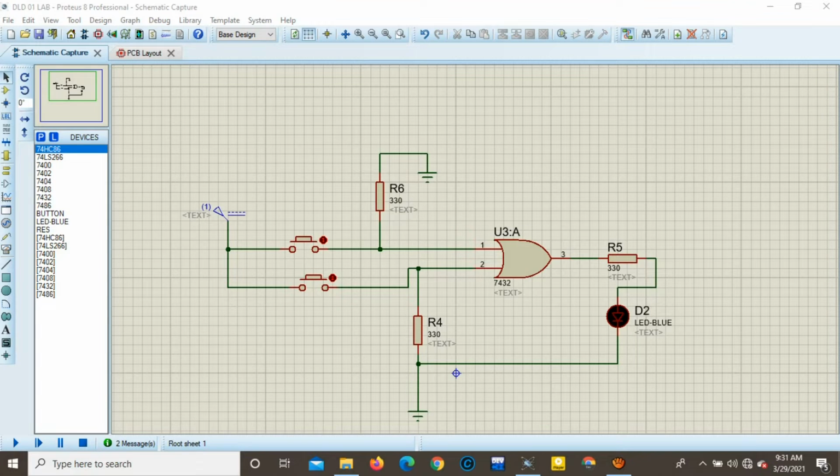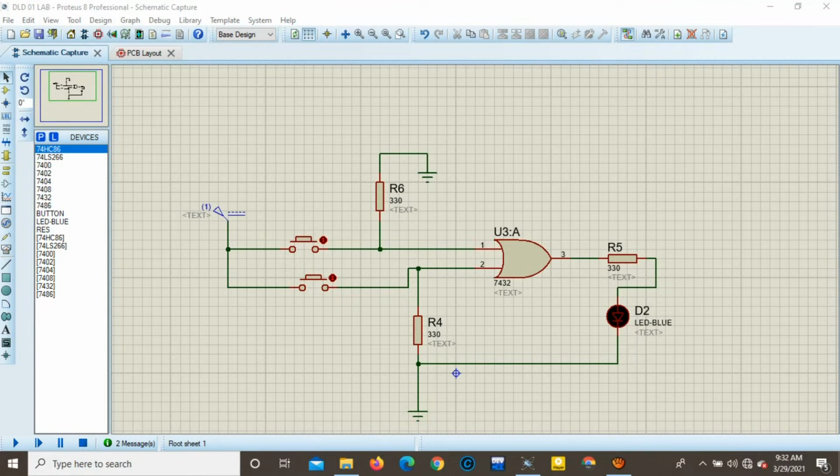Next, this is our OR gate. The circuit of AND and OR is almost the same. The only difference is we have used IC 7432, and again switch A is connected to input 1 and switch B is connected to input 2, and switch A is connected to a resistor of 330 ohm, which is grounded, and similarly switch B is connected to a resistor of 330 ohm, which is grounded, and output is connected to a resistor of 330 ohm, which gives output to the LED bulb, and then connected to the